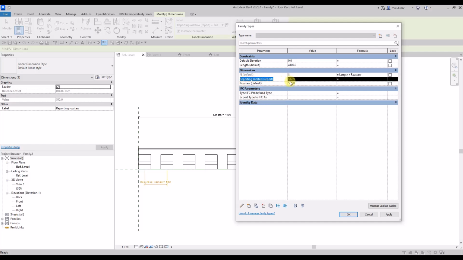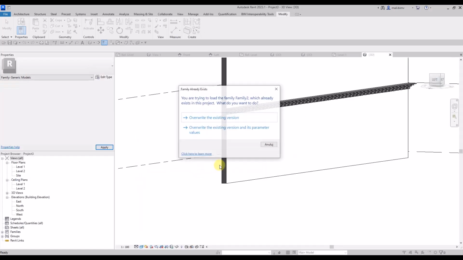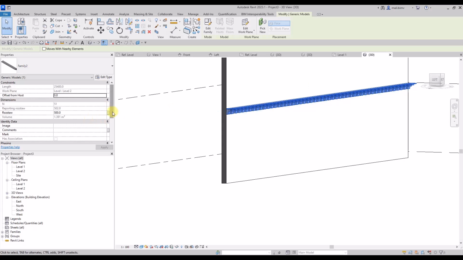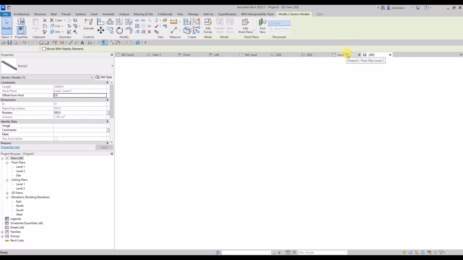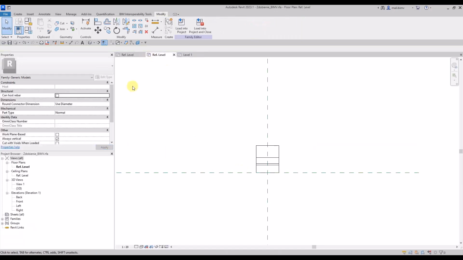So you see that this value is blocked from editing, and the designer who uses the family in the project may just click on it and read the value. And you can see that at this point we have a difference of 2 millimeters between the assumed one and the actual one. If we wanted the spacing to actually be exact as the entered value, we would have to use